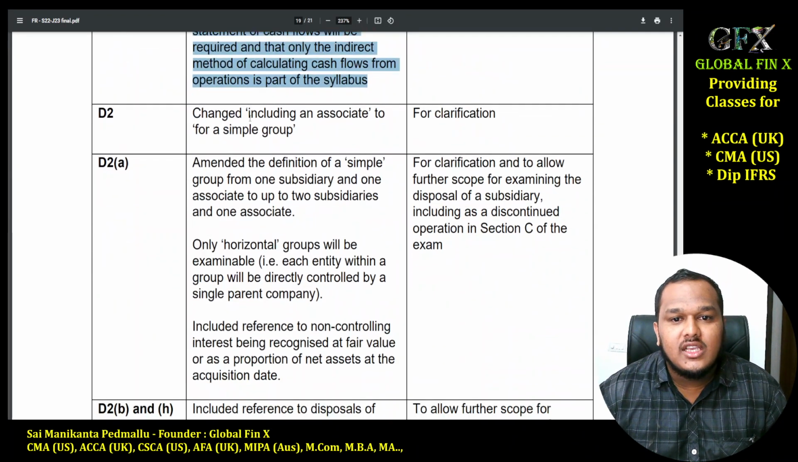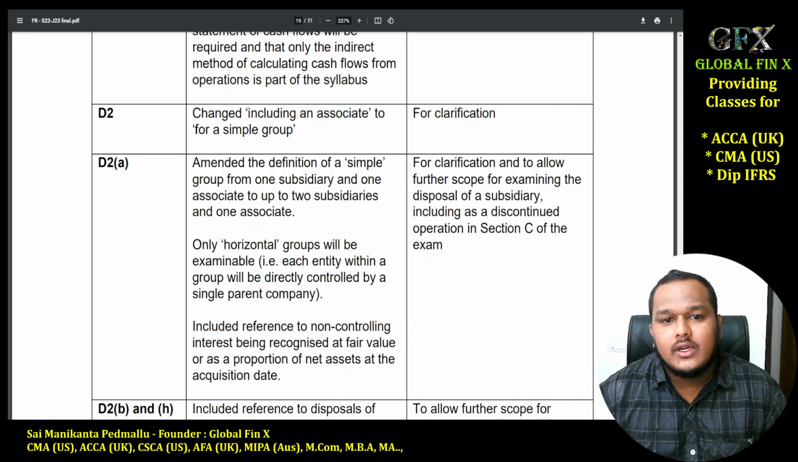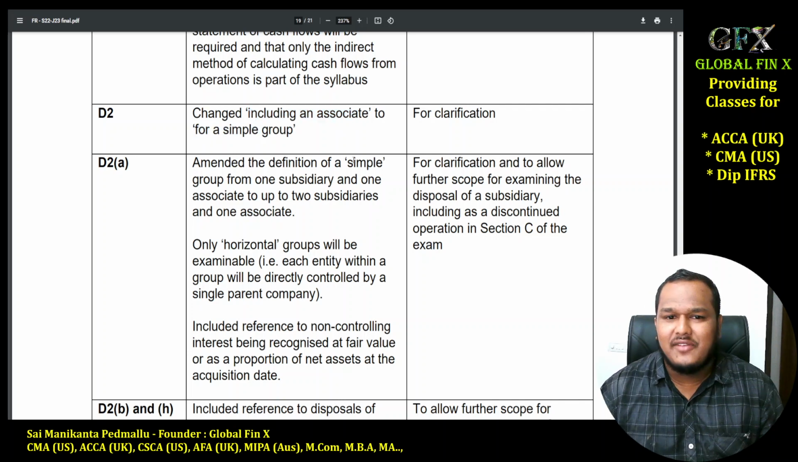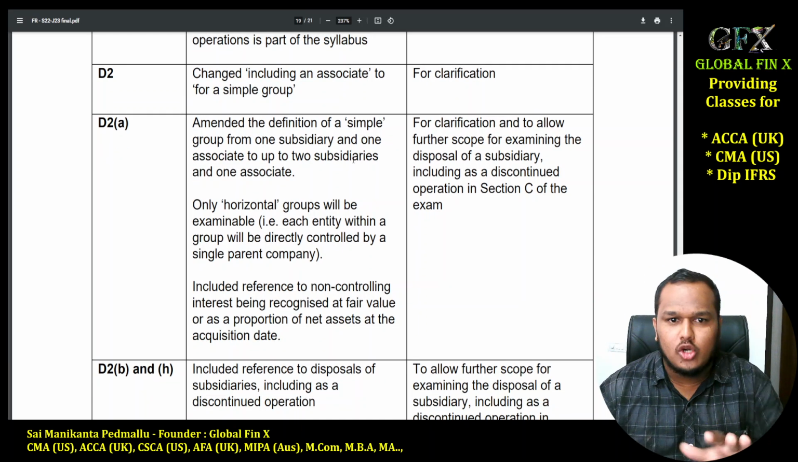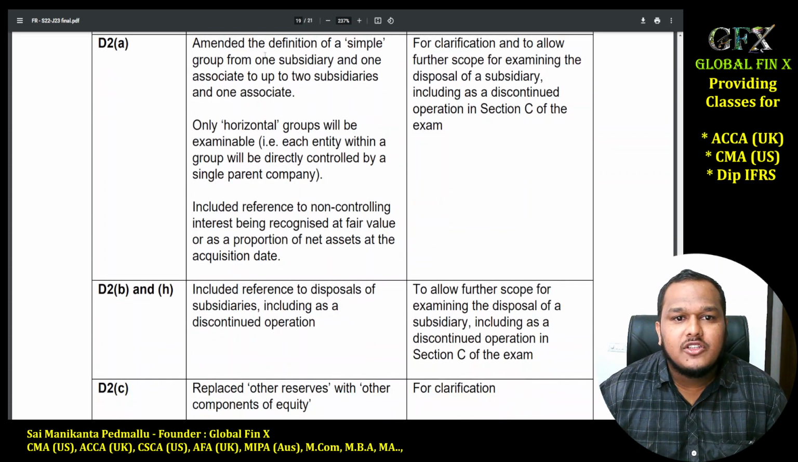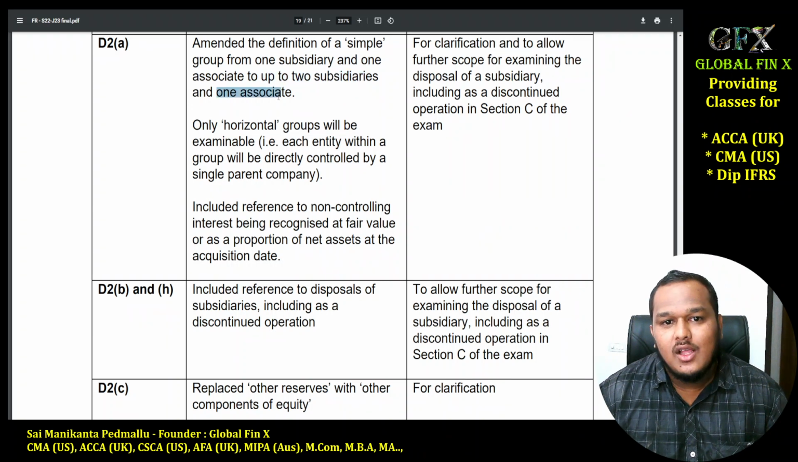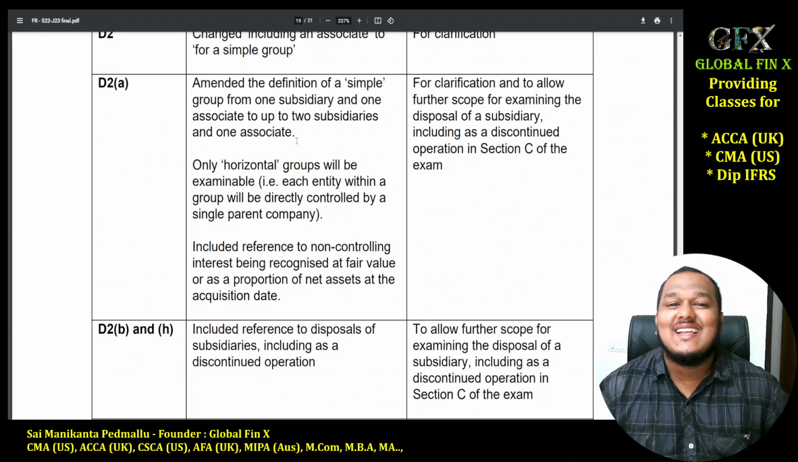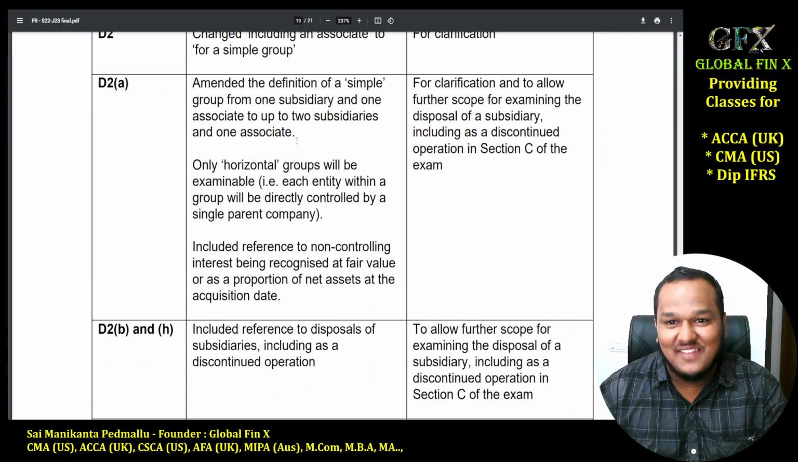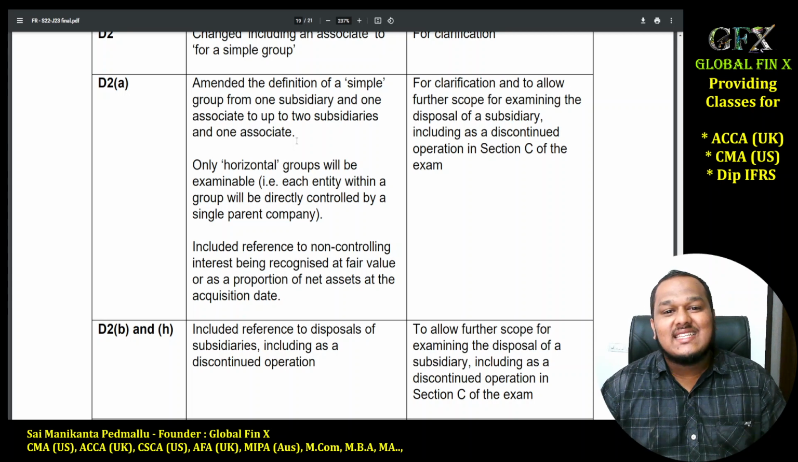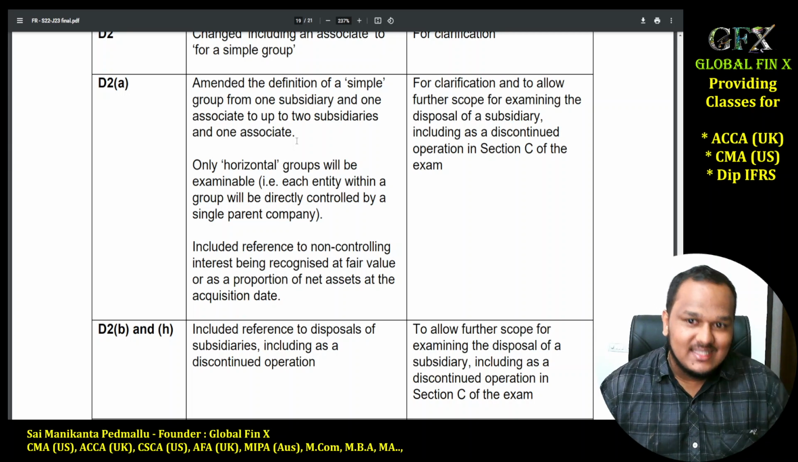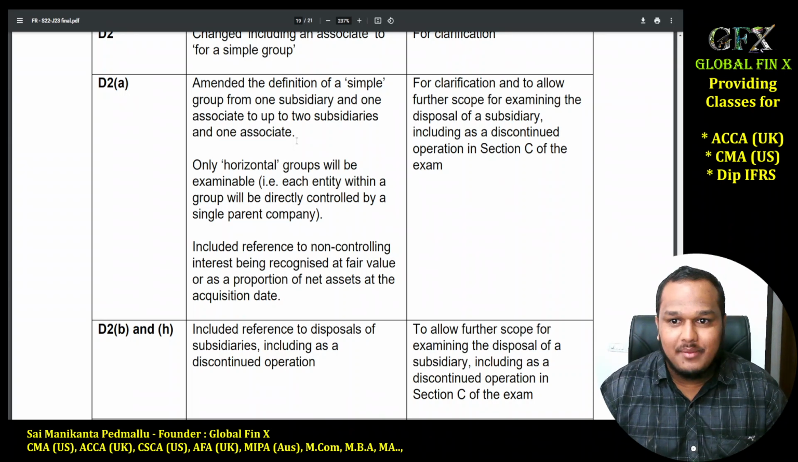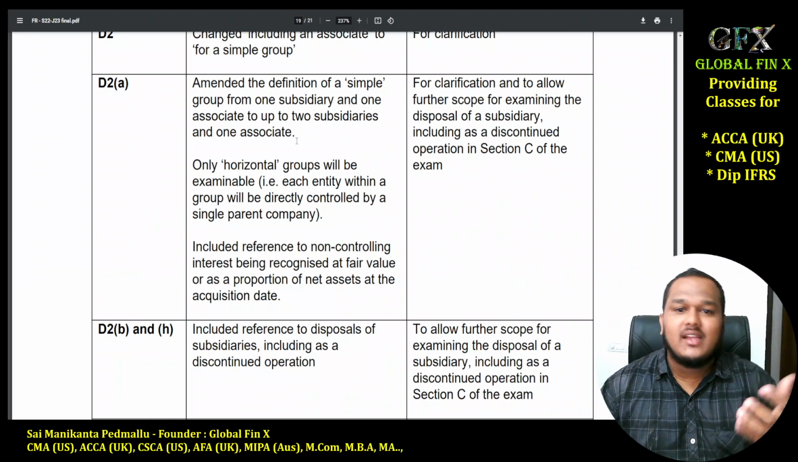And then they changed including an associate to for a simple group. So just a clarification again, just changing the terminology, not to be worried about. They added the definition of a simple group from one subsidiary and one associate to up to two subsidiaries and one associate. So unfortunately, for your kind information, these are not tested in ACCA FR level. Even though it is covered in the syllabus guidelines, it was never examined, but